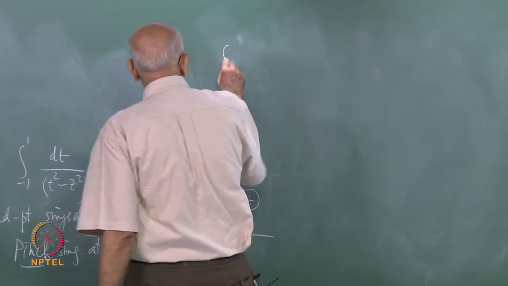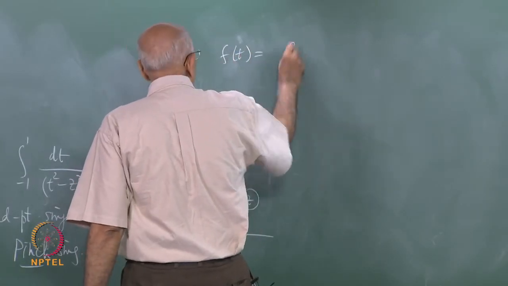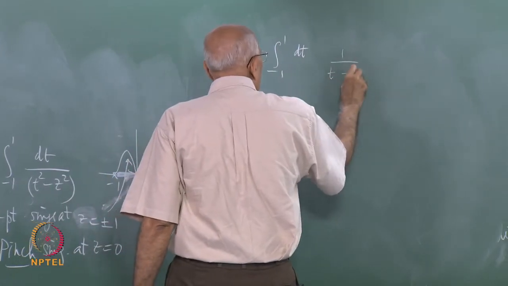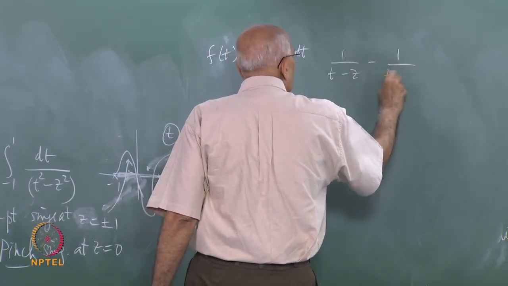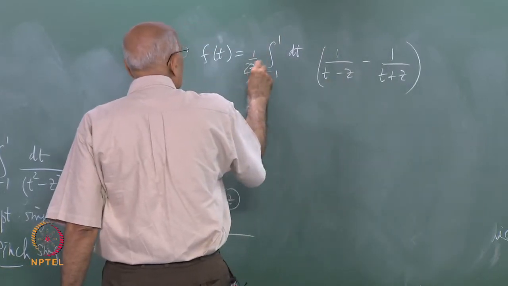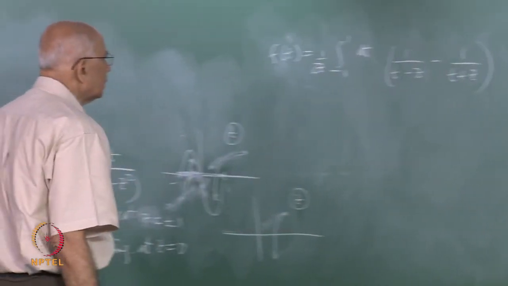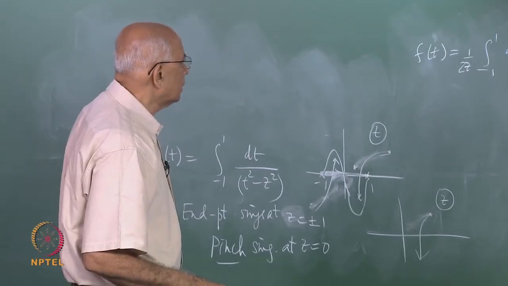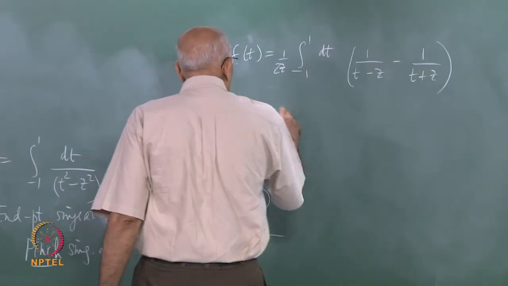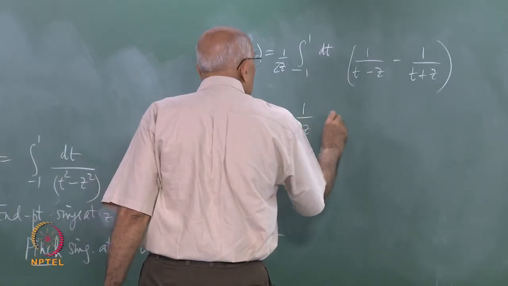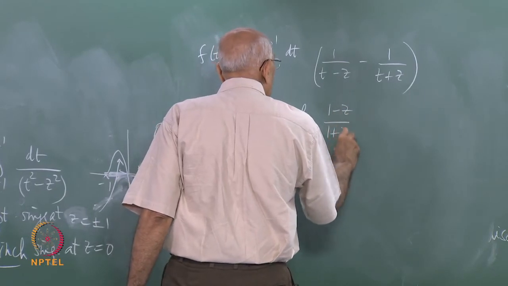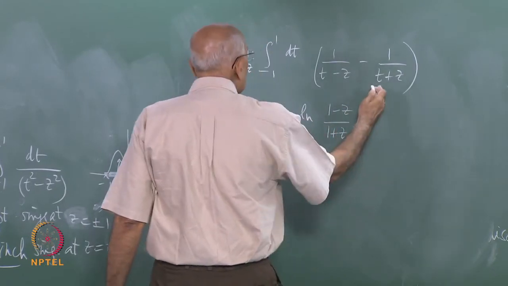You have f of t equal to the integral from -1 to 1 dt, and this can be written as 1 over t minus z minus 1 over t plus z, times 1 over 2z, right? You can write it in this form. So this becomes equal to 1 over 2z log of 1 minus z over 1 plus z times a -1,